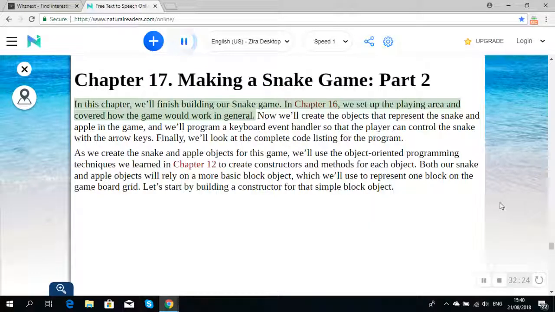In this chapter, we'll finish building our snake game. In Chapter 16, we set up the playing area and covered how the game would work in general. Now we'll create the objects that represent